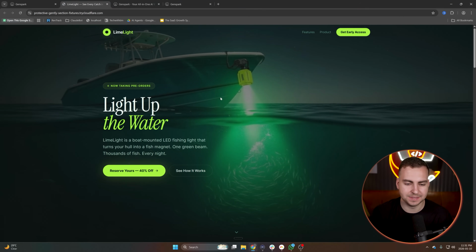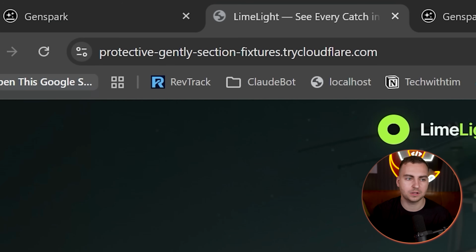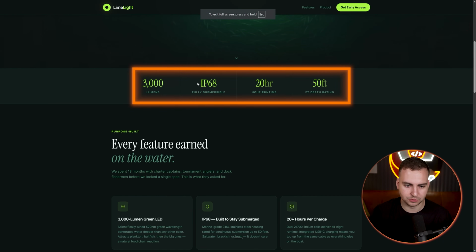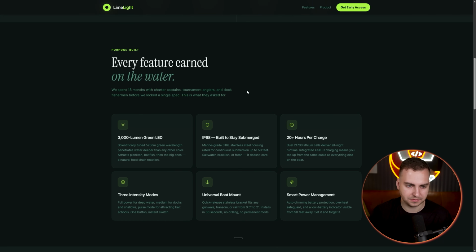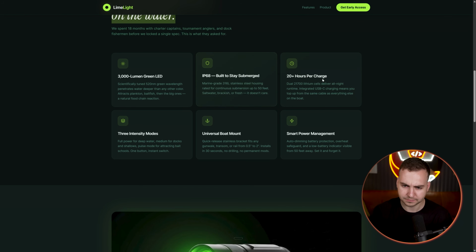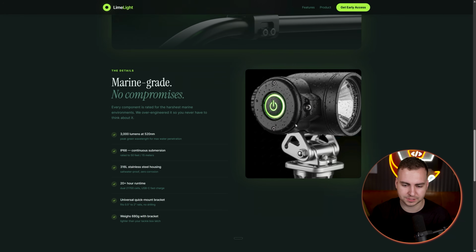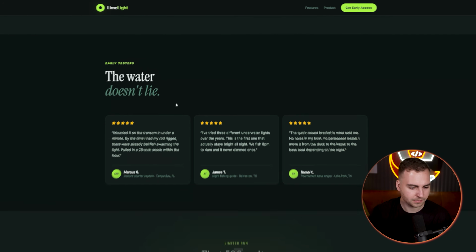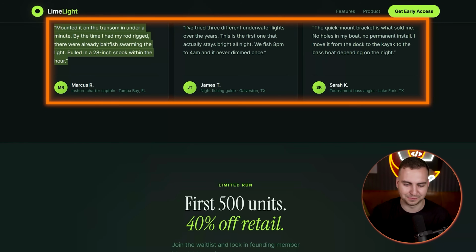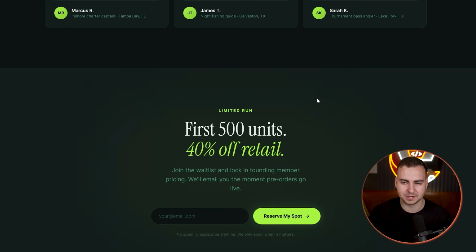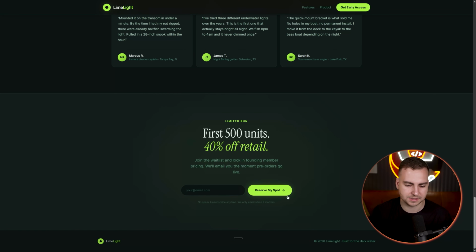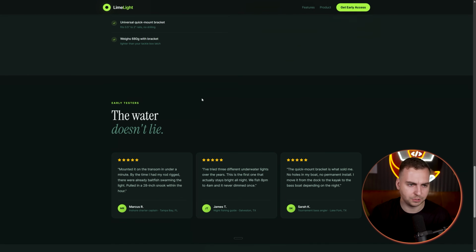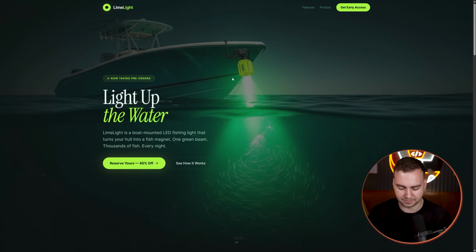It then created this site and deployed it to this URL, which we can view, right? So let's go through it. We can see 3,000 lumens, IP68, 20 hours, 50 feet depth, every feature on the radar. Okay. This is what it looks like. And these were again generated, I think it was GPT image 2. Not sure exactly what model. It has the fake reviews, and then it even has the ability to put in our email to get early access, and you see that redirects down there. If we go to product, it brings us to the product page, and we can view some more information. And that took maybe like 5 or 10 minutes.